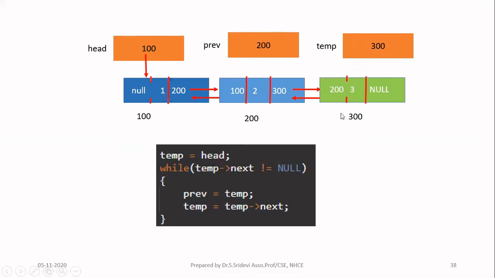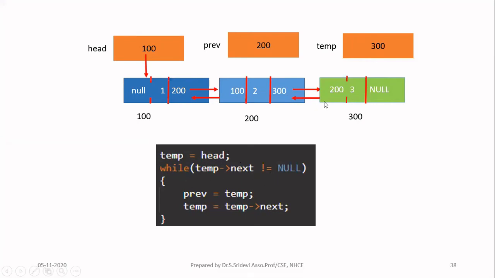I want to delete the last node. When I want to delete the last node, I don't know which is the last node. For that, I have to travel through the entire linked list. So for initiating the travel, I'm going to keep the head pointer in the temporary variable. After that, I have to continue the travel until I find a node whose next is equal to null. So I am writing while next of temp is not equal to null. When you travel like this, finally you will stop at this particular node, and temp will contain the address of this node, that is 300, because in this 300, the next field is null. So temp will be pointing to this node when the while loop is terminated.